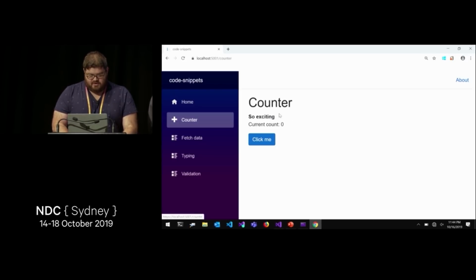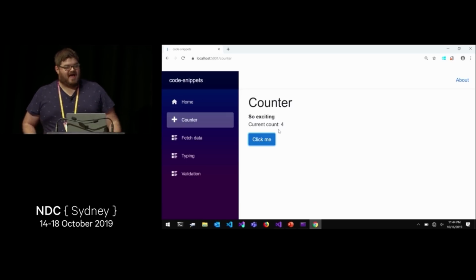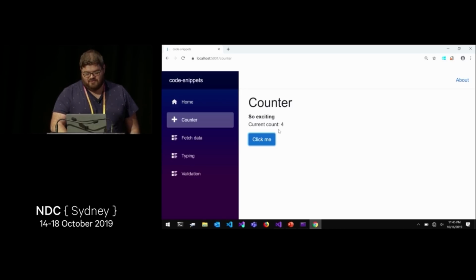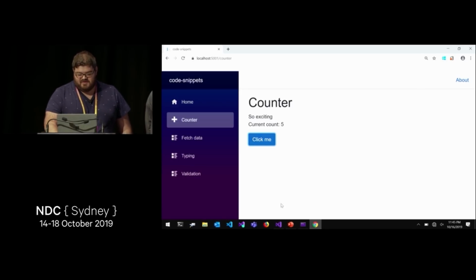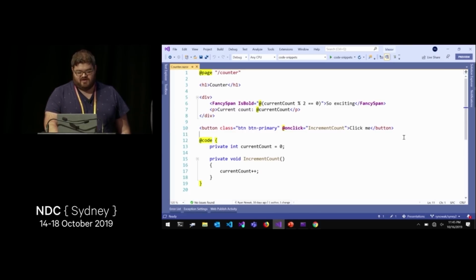So I'm going to go to the counter page. I've got this very exciting fancy span here, and when I click the counter, it's going to go back and forth between bold. Wow, that's powerful. This is revolutionary. Everyone is going to want apps that are either bold or not. Incredibly valuable. So this is our sort of motivating example for today,